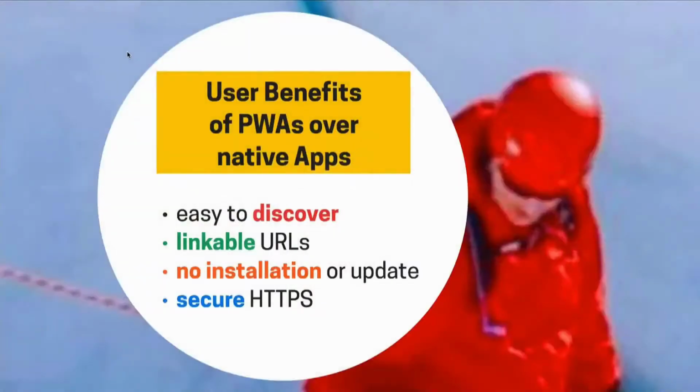So the user benefits of PWAs over native apps are, they are easy to discover. So you just Google for them and find your progressive web application. You don't have to go to an app store or so, just Google for it. They are linkable. You can send a link to a progressive web application to your friend, to your colleague, because